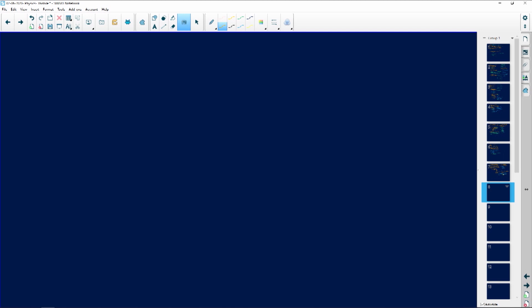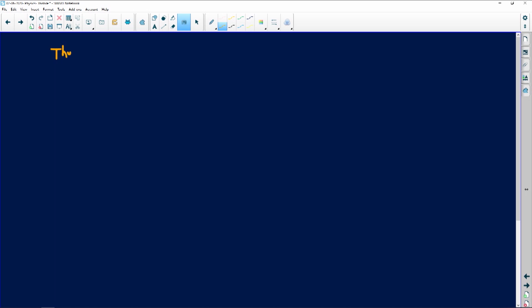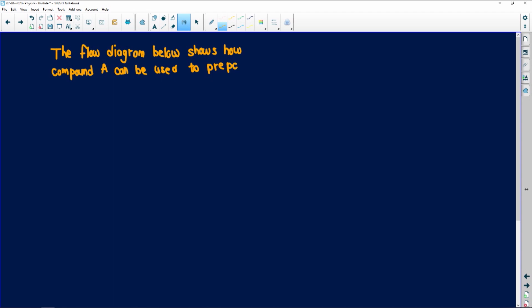So for question 4, we have a flow diagram that represents compound A, and it's prepared. Let me just write it out. We've got the flow diagram below, and this shows how compound A can be used to prepare. Remember, if you're preparing something, you need ingredients. Prepare